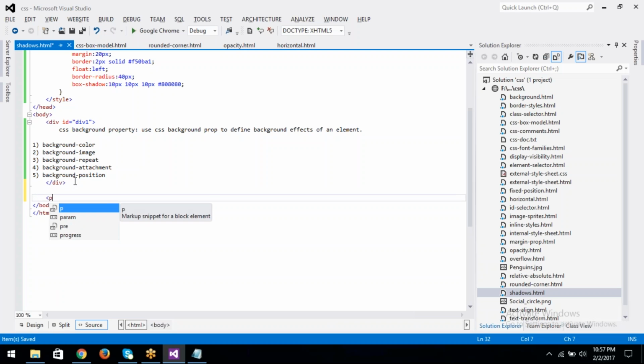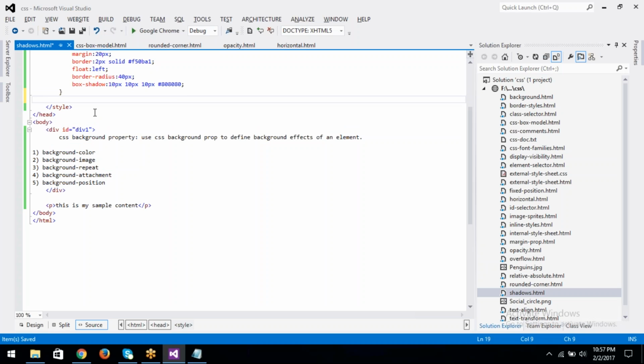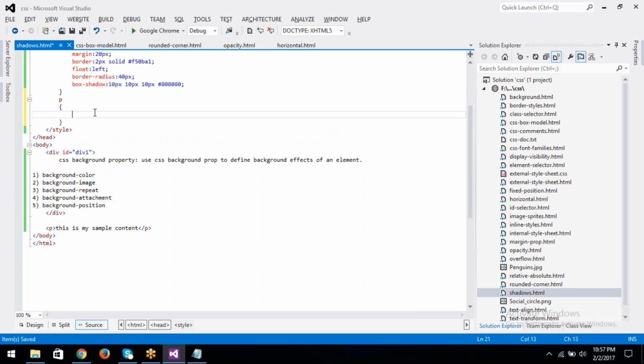have a paragraph, this is my sample content. Okay, so we want to apply a shadow for this text content. So now we can use the element selector. Color is